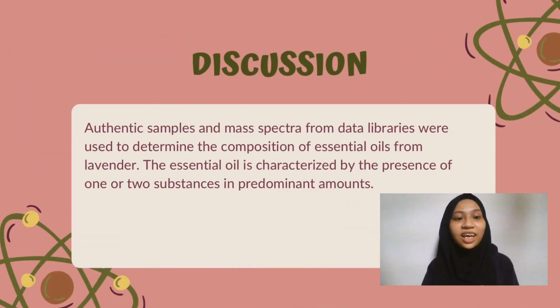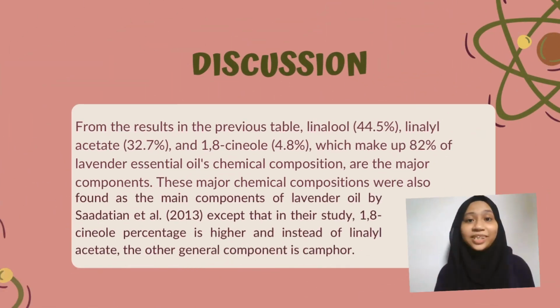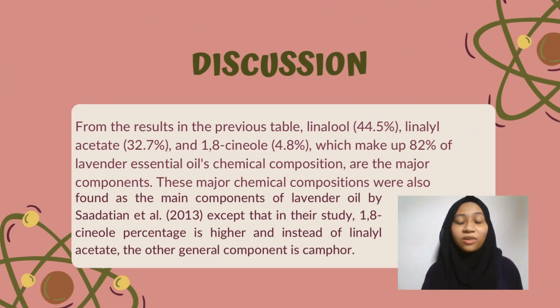For the discussion, authentic samples and mass spectra from the data libraries were used to determine the composition of essential oils for lavender. The essential oil is characterized by the presence of one or two substances in predominant amounts. From the result in the previous table, linalool with a percentage of 44.5%, linalyl acetate with a percentage of 32.7%, and 1,8-cineol with a percentage of 4.8%, which makes up to 82% of lavender essential oil's chemical composition, are